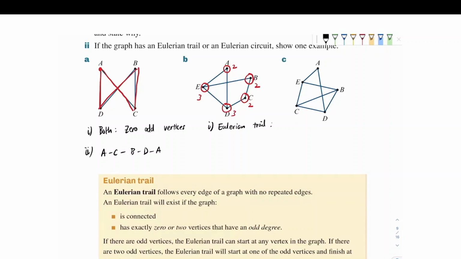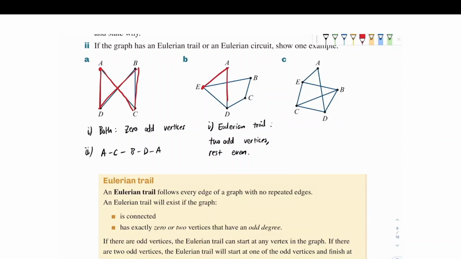So the reason why is because there are 2 odd vertices, with the rest being even. And in our case over here, basically we can trace every single edge, but we don't necessarily start and finish at the same point. So an example could be we start from E over here, then we go to A,